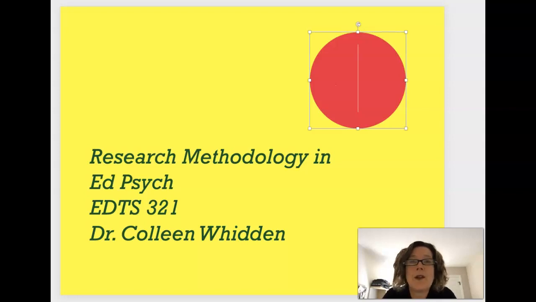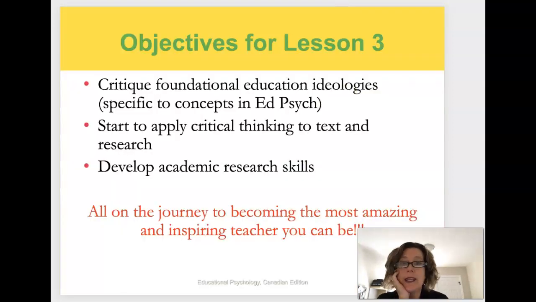All right, welcome to Lesson 3, Research Methodology in EdPsych. So let's just jump right in. Here we go. So the objectives for Lesson 3 today, this is what I'm hoping you will get out of